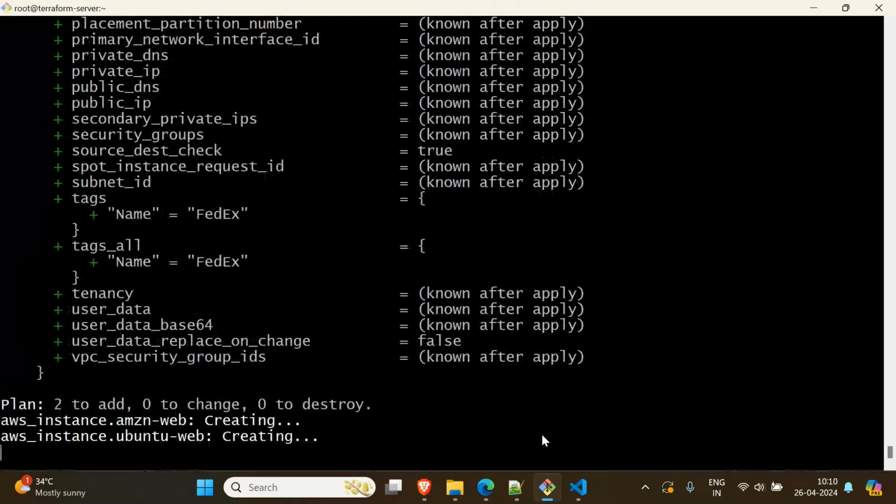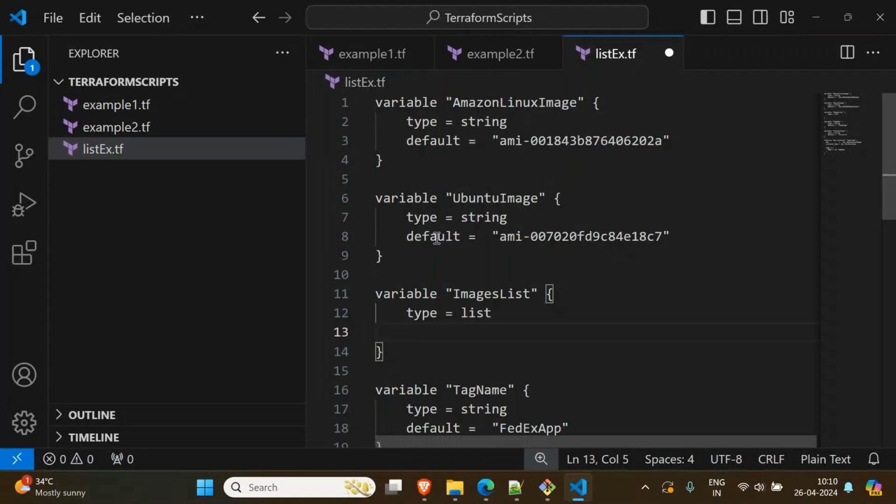This way, in runtime, if you don't give default values, it will ask you, even for image also. It applies for everything. Okay, that I forgot to explain, but that way you have to use default. If you don't want to give default, if you want input from the user, then you remove the default value. It will ask the user. Here I will say